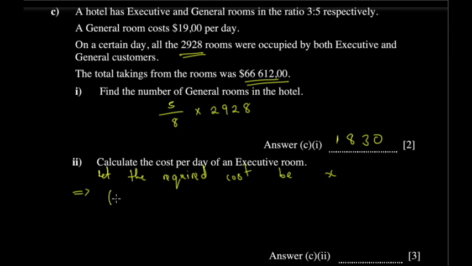So the number of rooms for executive would be 2928 minus this one for general, 1830. Then we're going to multiply this by X. Then plus what? We had calculated 1830, so 1830 multiplied by 19 here, because it's $19 per day per general room. So it's equal to 66,612 like this. So what you do here is simplify steps. So 2928 minus 1830, then you get